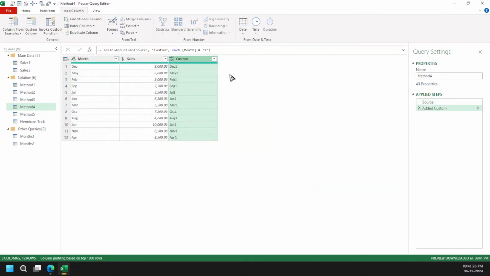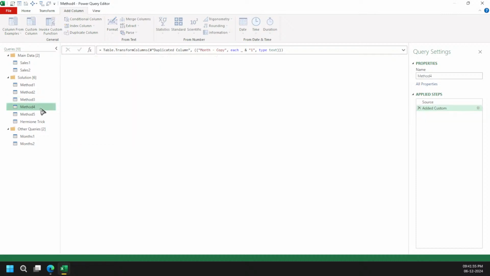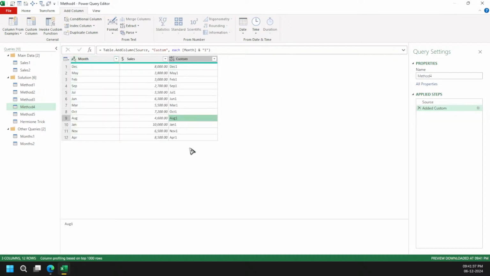And now you can see here we have got the same result, right? The way we saw this result by adding the suffix part, we have got this much, right? So that's not a problem. And now what we need to do is convert this text into a number format.